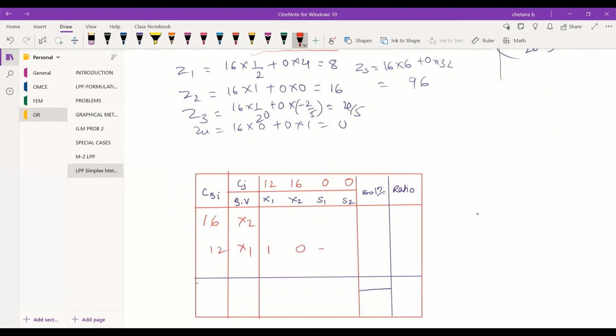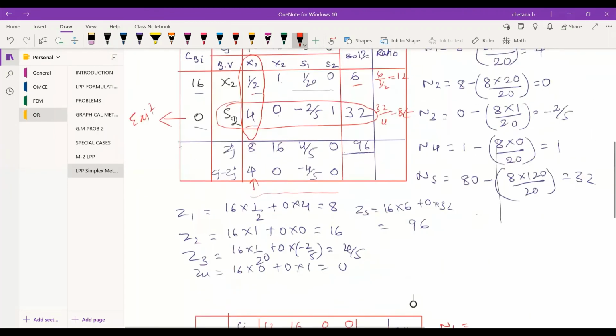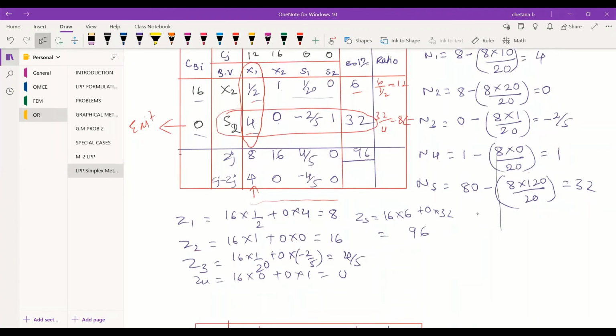0 minus 1 by 10, 1 by 4, 8. Now these will be new values. For N1, the old value is 1 by 2. Okay, the key value is 4. What will be the corresponding key column value? 1 by 2.